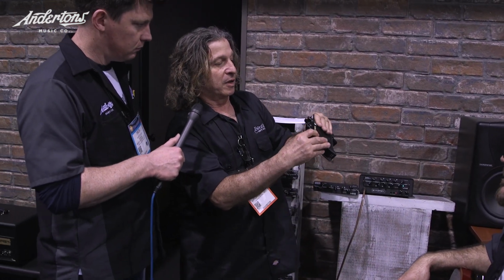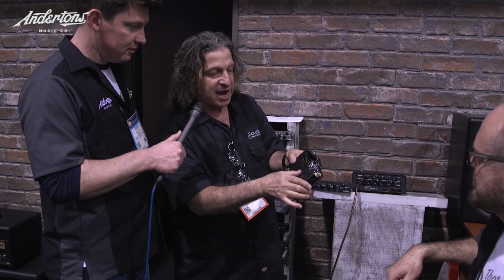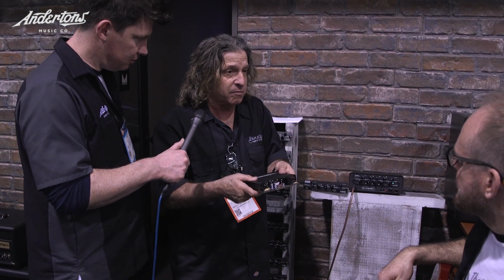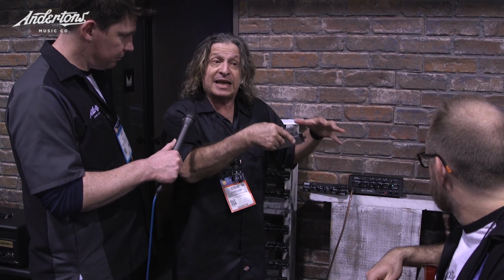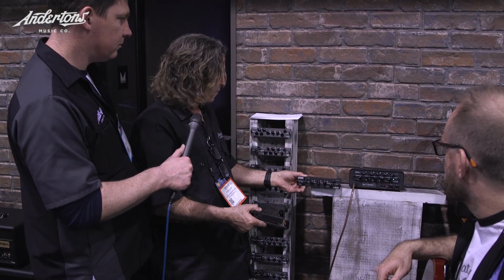So since we work with all the best amp builders in the world, what we did is we made this. This is the preamp from a Friedman Brown Eye, made by Dave Friedman. It's got two AX7s, it's all hand wired. The box completes the circuit. It's got a transformer that powers just this, which has an AX7 in it. So the two of them together is the preamp of a Brown Eye, or a Harry Brown Eye, or